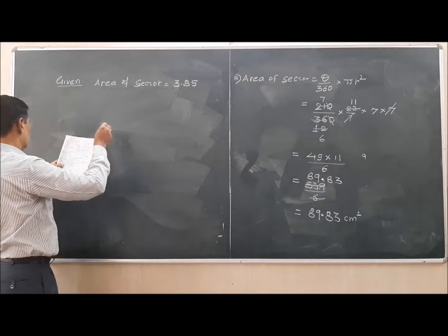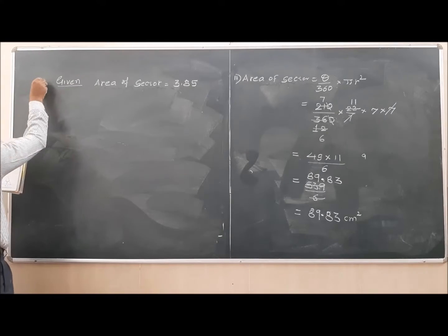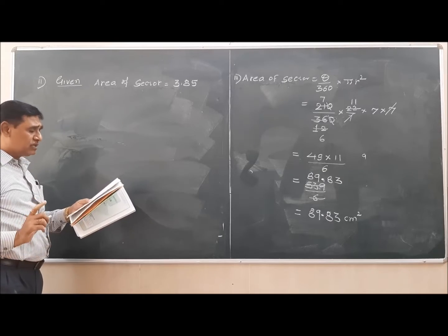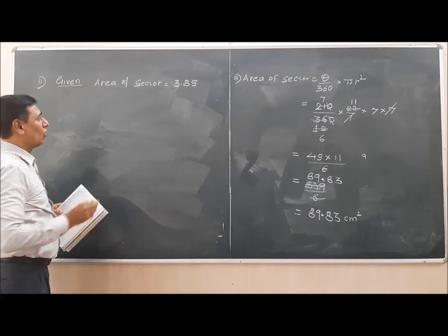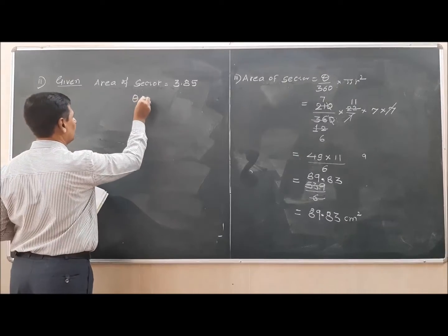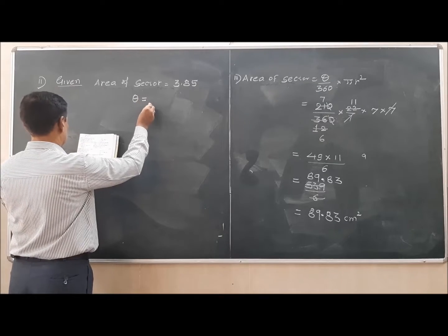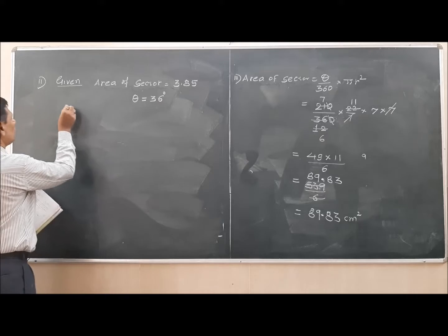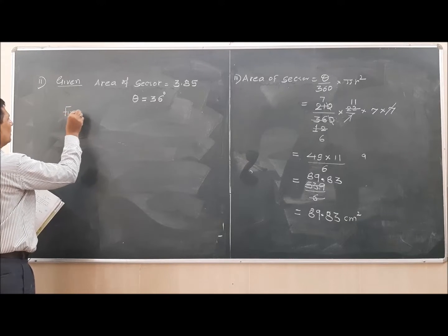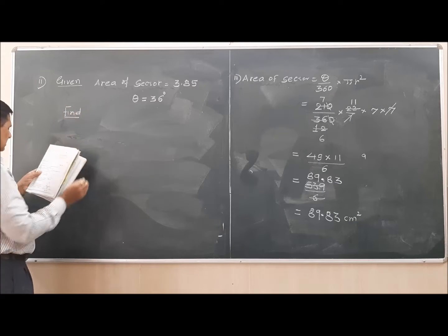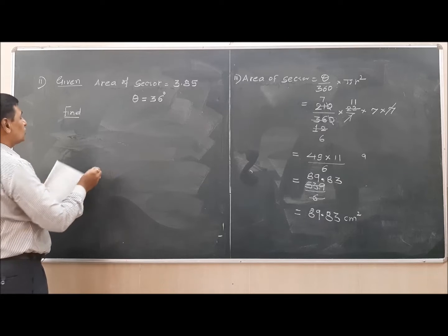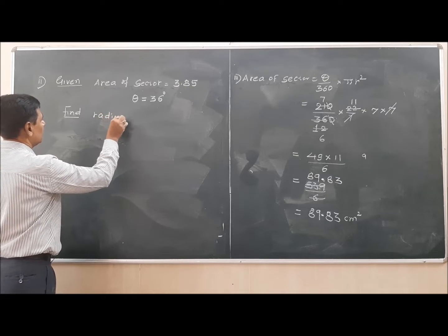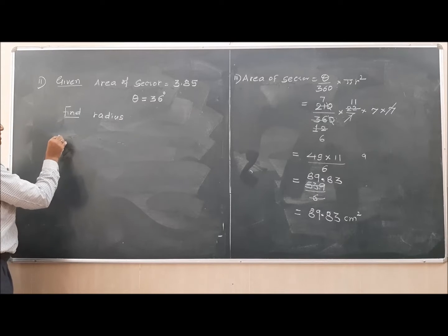This is our question number 11. Area of sector is 3.85. Measure of central angle. Now you all know measure of central angle is always denoted by theta. That is given as 36 degree. Question is to find the radius of the circle. Radius. Then answer is,